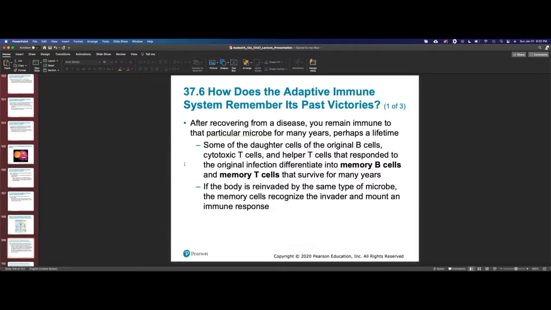Others a few years. And so the effectiveness also depends upon if the invader is sort of switching around what proteins it has on its outside surface. HIV is known to do this, which makes it really hard to come up with a vaccine against it because it's not easily recognized. It's essentially a new novel thing whenever it changes those proteins on the outside of it. So the immune system only knows the previous configuration and can't fight off the new one.